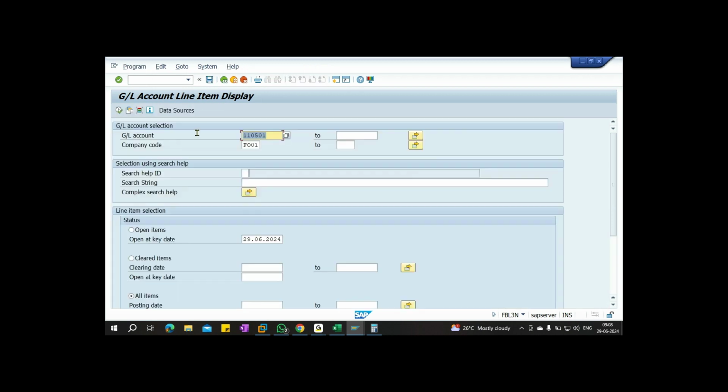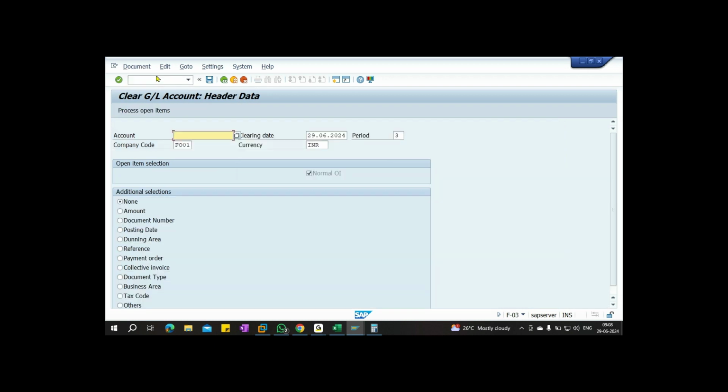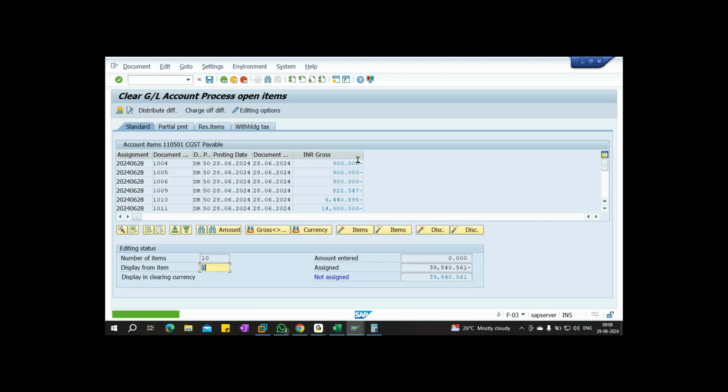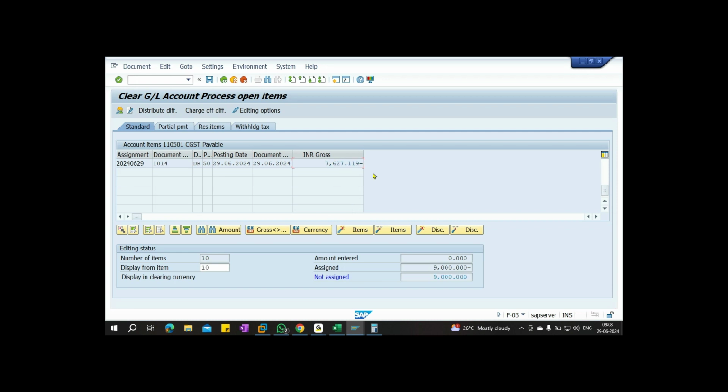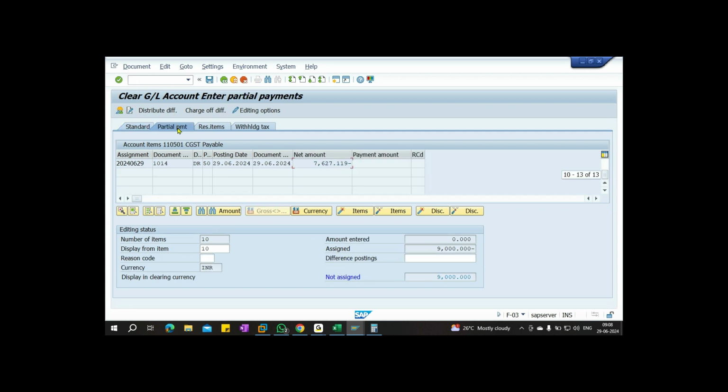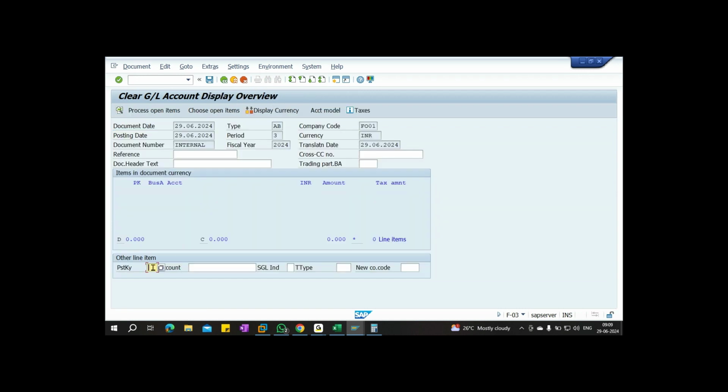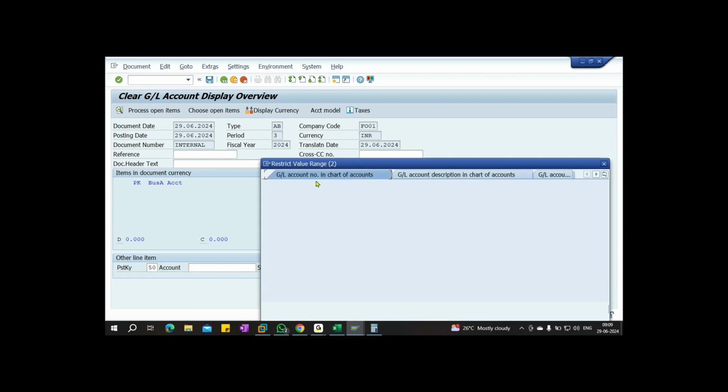Okay, let me check once. So I go for the partial payment. Here I chose 1,250. Document overview. Here posting key 50. Here I choose the set of line item